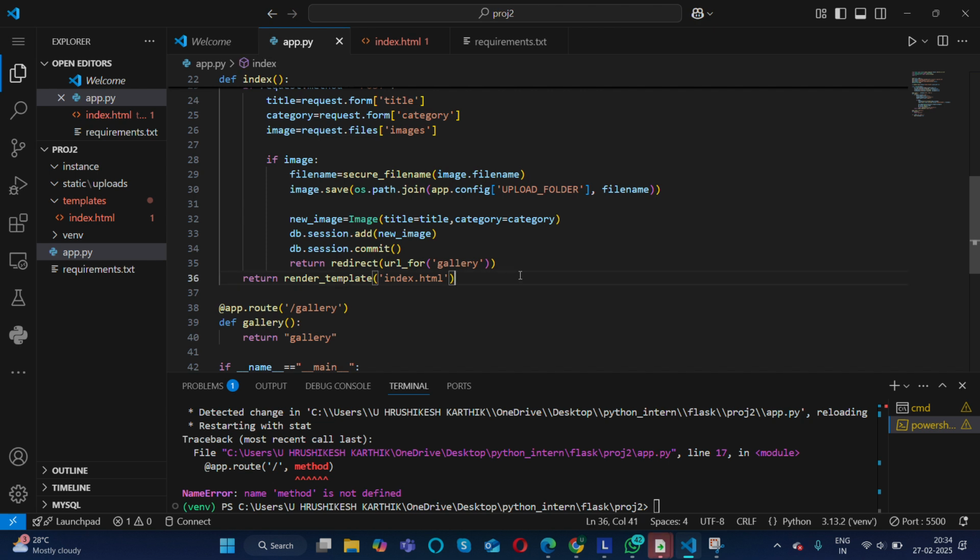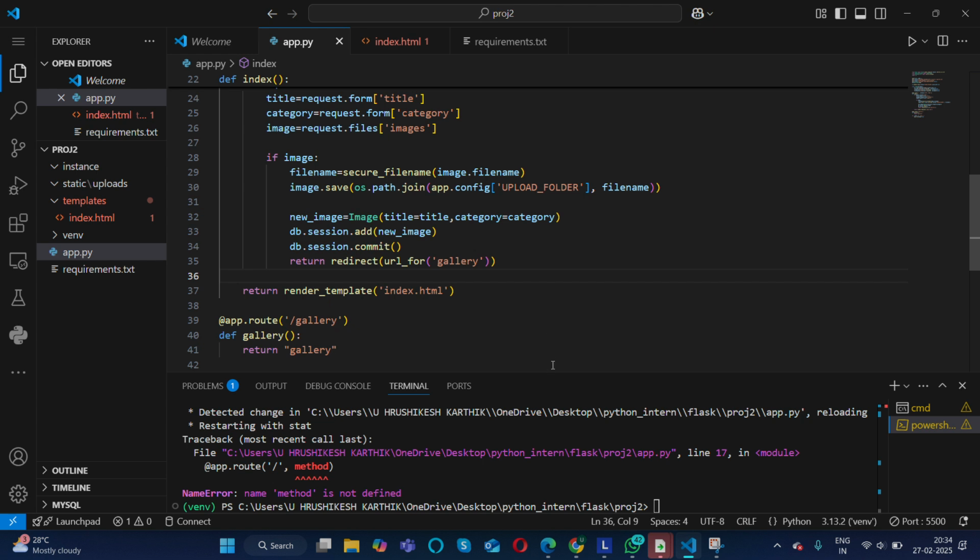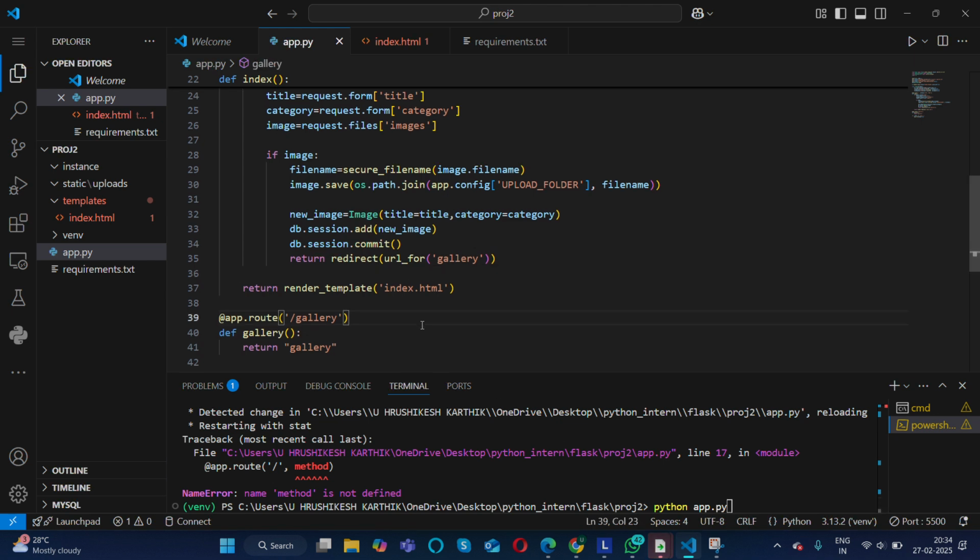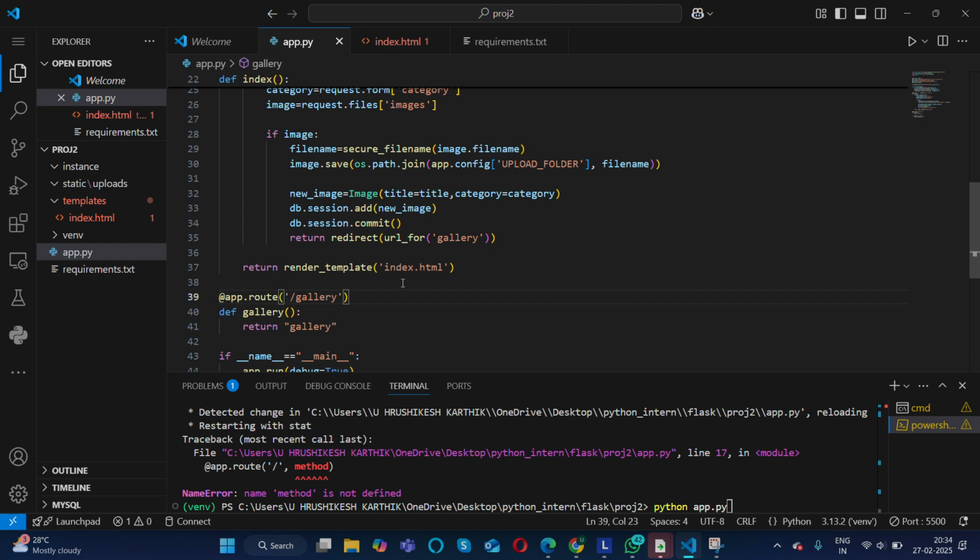It's fine till now. Run it. Okay, I should also give gallery. Okay, let's check gallery also. We created a root, right?